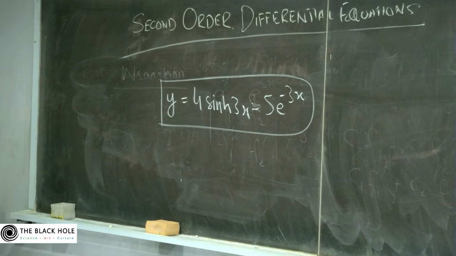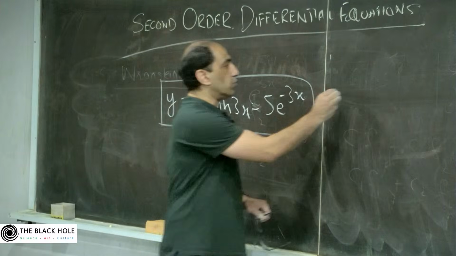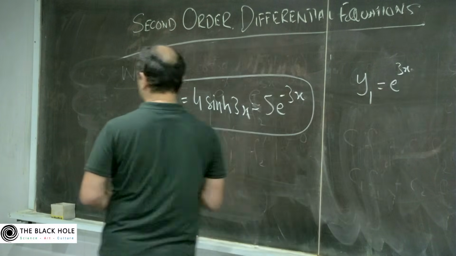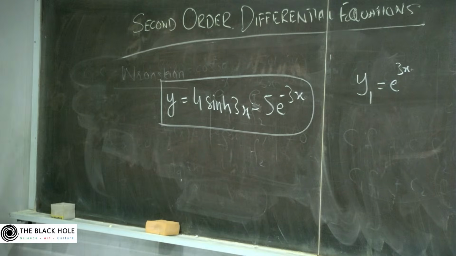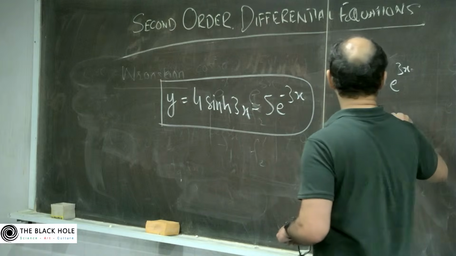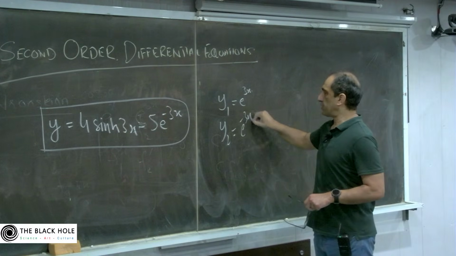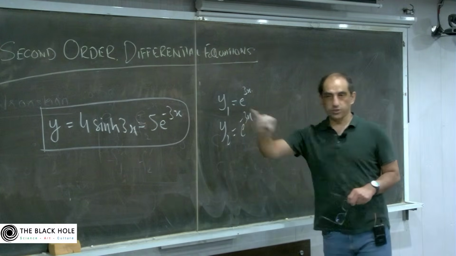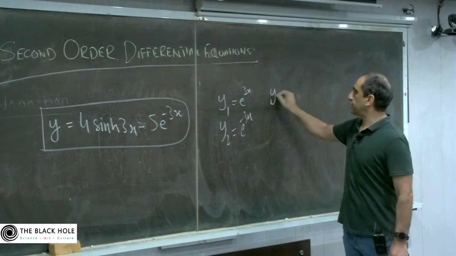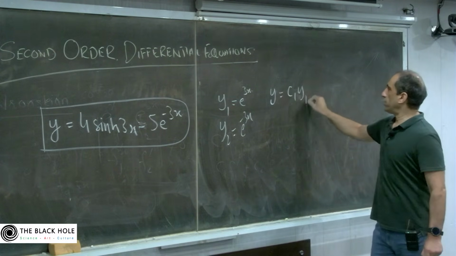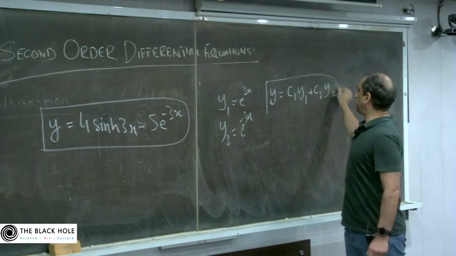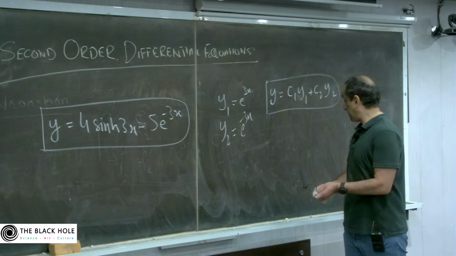And what I do know is that y1 is equal to e raised to power 3x and y2 is equal to e raised to power minus 3x are the solutions of the same differential equation. And I know that I can write this as C1 y1 plus C2 y2, which means I can write this as